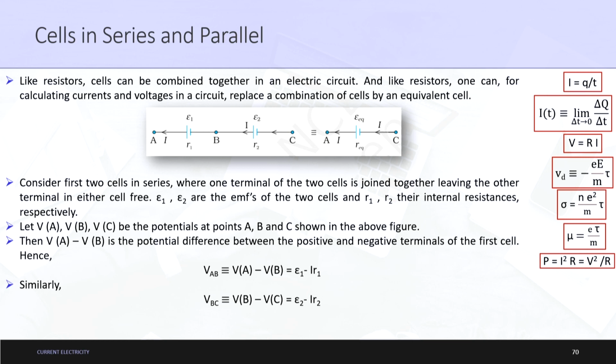So, first of all consider two cells in series. Let us suppose we are taking this case only. Two cells in series where one terminal of the two cells is joined together. So, this terminal has been joined together, leaving the other terminal in either cell free. So, these two are free. Epsilon 1 and epsilon 2 are the EMFs for the two cells, and R1 and R2 are the internal resistances. So, we can just assume this as equivalent to